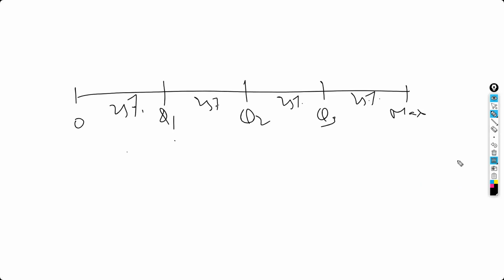Now, here what I'm going to do: Q3 is this one. Plus means right side, minus means left side. Plus, right side. Right side already 25% is there. Now, additional to this, I'm adding something. How much additional am I considering, up to limits? 1.5 into this one. 1.5 of this one means how much? This is from here to here. How much percentage of the data? 50%. 1.5 into 50% is 75%.